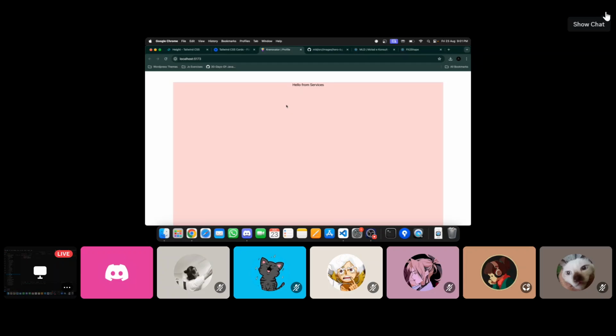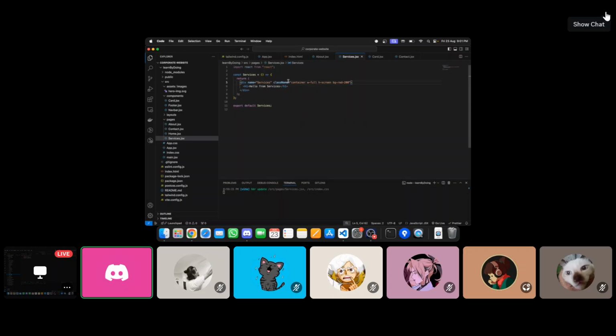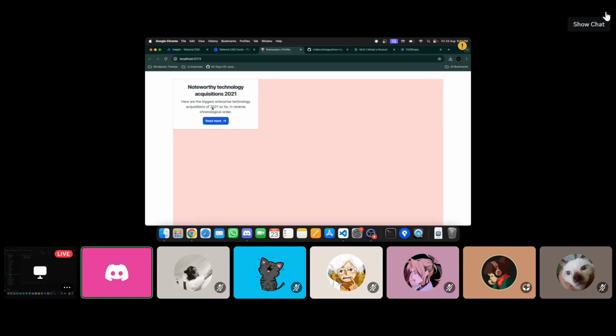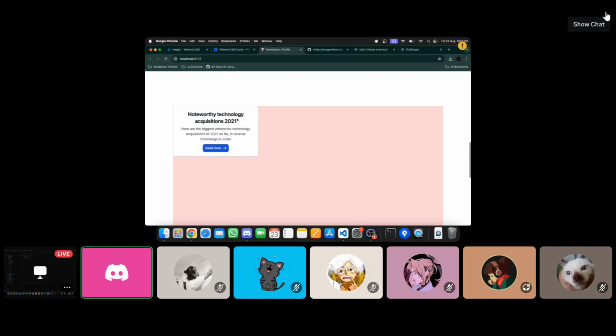We haven't imported it yet, right? So we can call our card here. It automatically enters the import. It's already there. So here is now. Okay, we already have one card visible.